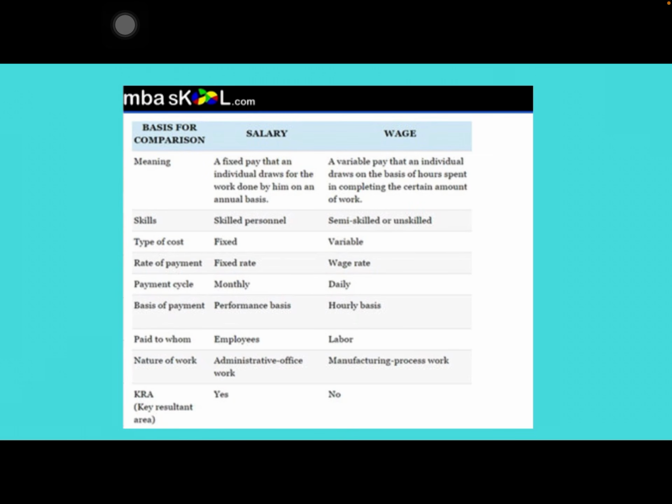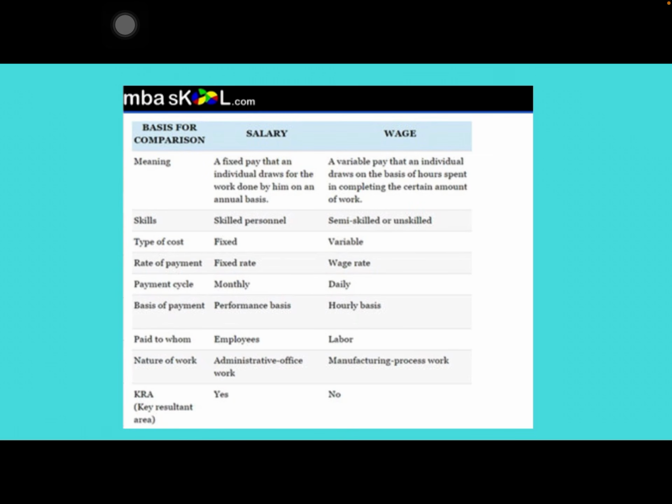Time-based naman siya. Kanino binabayad? Siyempre, ang tawag sa may salary, employees. Ang tawag naman sa wage, labor or laborers. Nature of work, usually, pag salary, administrative office work. Wage, manufacturing process work, usually. There is a key resultant area. If you are a salaried employee, yes. However, if you are a wage earner, wala. None. That's according to mbaschool.com. Okay? So, nasagot na natin, 3. So, yes, yes, yes. So, the question now is